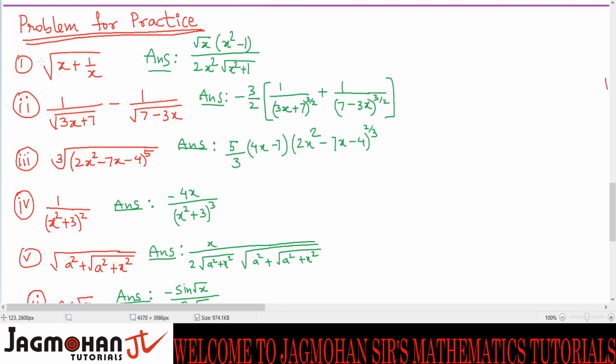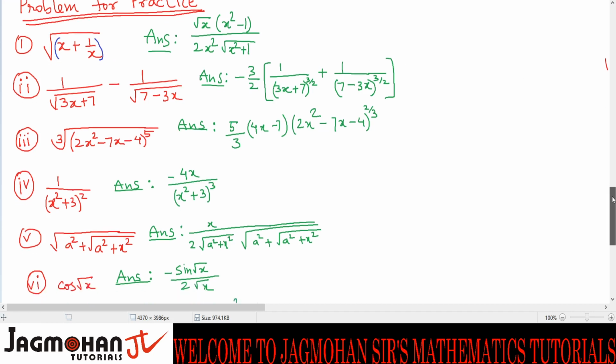Okay. So the first one, you will write this as y, and then what function will it be? It will be root of f of x. So you apply root of f of x, 1 upon 2 root f of x into d by dx of f of x, and this answer you need to simplify to get the answer. Once you start solving the question, after applying the result, it matters how accurately you end up with the answer. That is the simplification part and the manipulation part to end up with a nice looking answer.